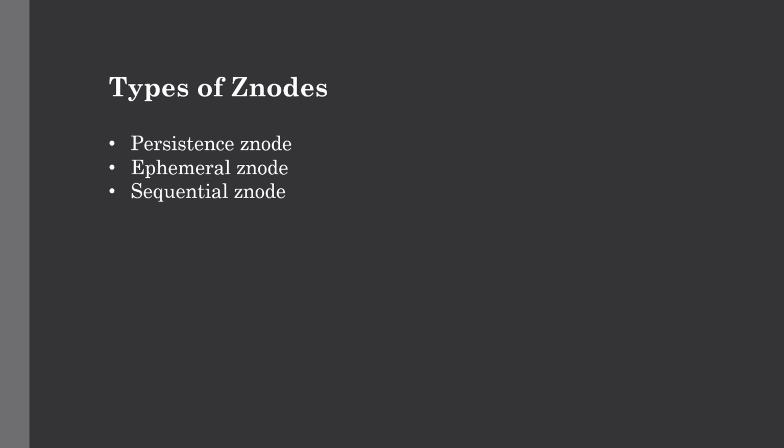So these nodes can either be persistent or ephemeral. When a new znode is created as a sequential one, Zookeeper sets the path of that znode by attaching a 10-digit sequence number to the original name. For example, if a znode with the path app name is created as a sequential znode, it will change the path to app name followed by the 10-digit number which is